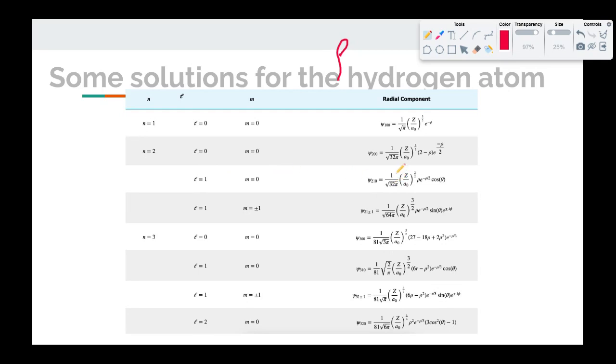So look at this function. Constant, constant, constant, constant, constant. There's R, E, there's R again. Now theta shows up. So now, not only does it depend on how far you are from the nucleus, but it also depends on how high up above the kind of XY plane you are. So that's going to matter. It's going to not be spherical anymore. Look at when m sub L is either plus 1 or minus 1.